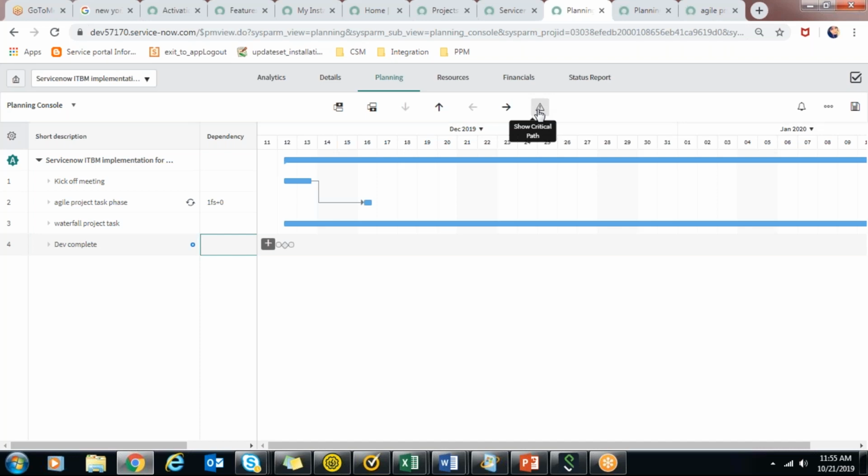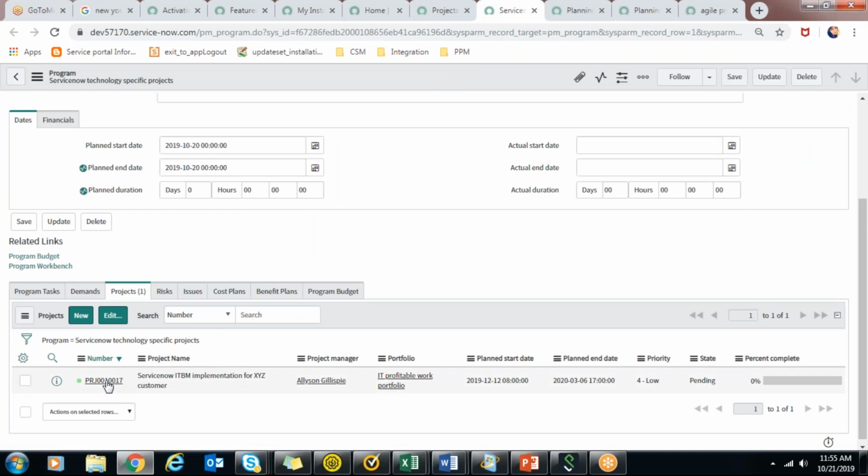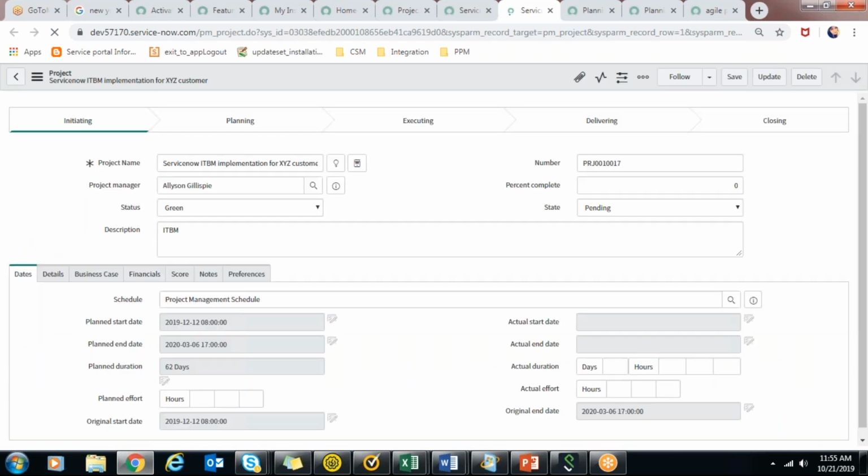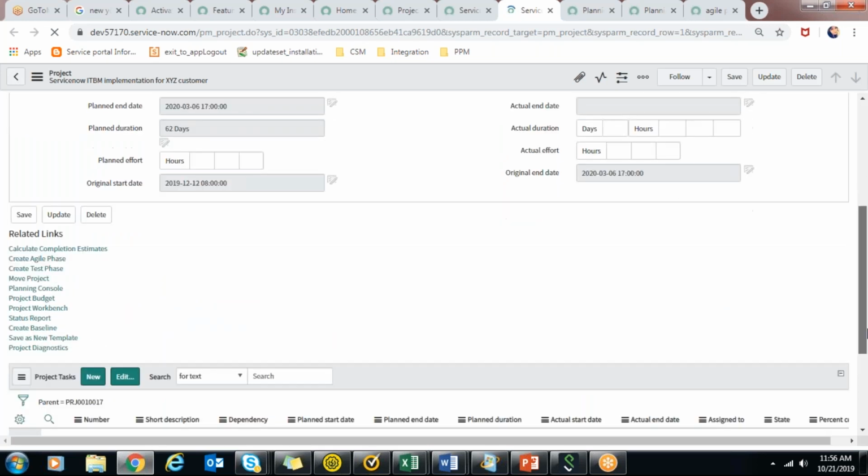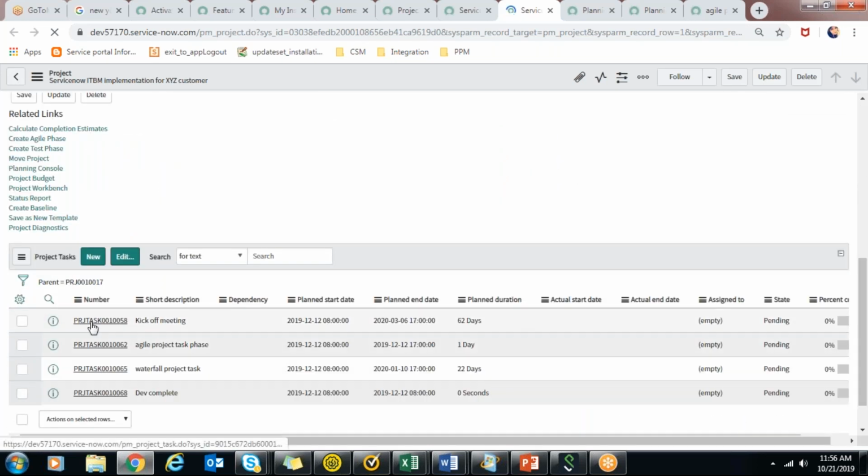So if you do like this, then that red color will show up. Usually light blue means the task is pending or open, and dark blue means that percentage completion is between 1 to 100. So when you make this project task work in progress, you can just see that.